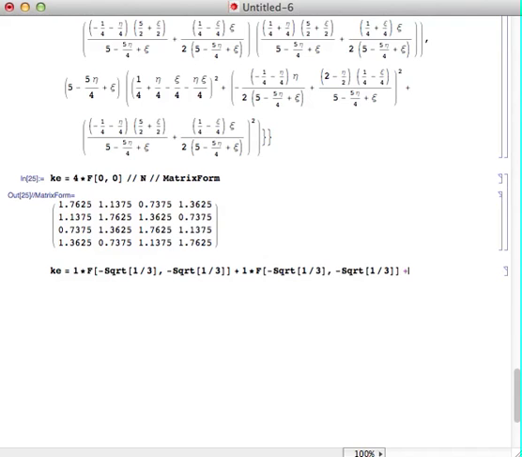So it's just easy enough to just do this, there's not that many, right? So we're going to go minus square root of 1/3, minus square root of 1/3, square root of 1/3, minus square root of 1/3, minus square root of 1/3, square root of 1/3, plus, plus. All right, and then we're going to